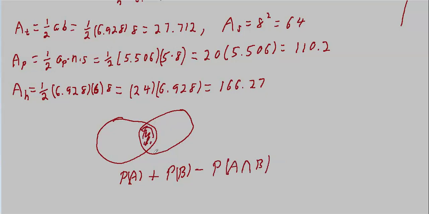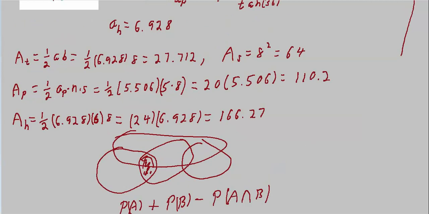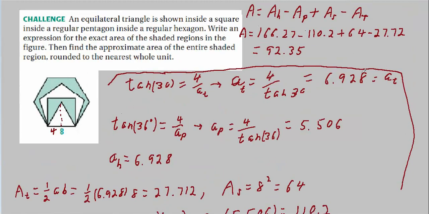And sometimes you have more sets. You can have other sets here, and you can have one big set here. And what you're going to be doing is adding and subtracting, and then adding bigger parts, and then subtracting off the small intersections. And you end up with something very similar to what we had up here, where you add them, subtract them, add them. Same thing we did with concentric circles. You're going to see a lot of this in probability.